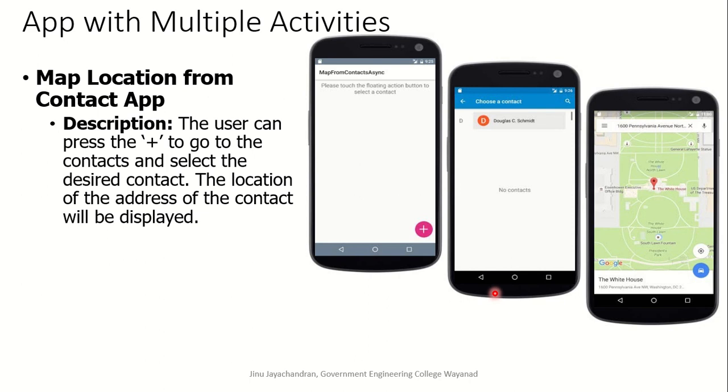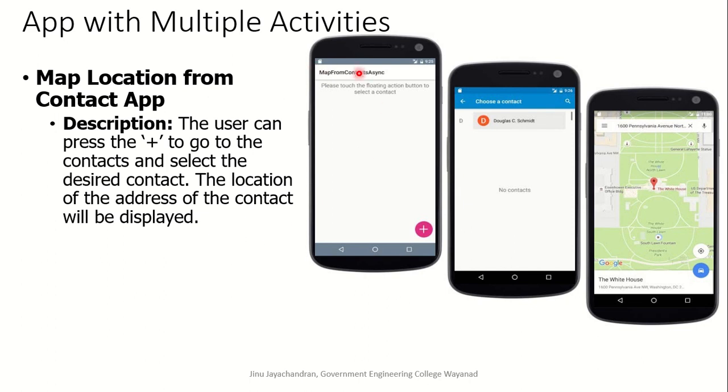Let's look at three different activities for a single application. Assume that the application will ask the user to give a contact, and when the user gives the contact, the address mentioned in the contact will be displayed in the map and the location.